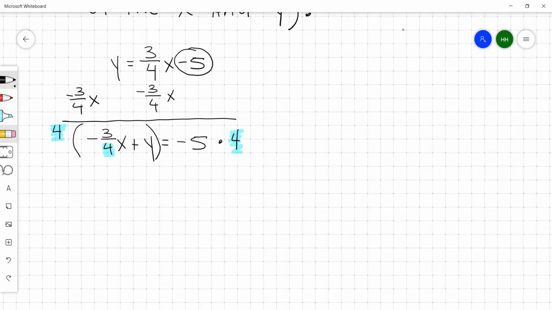So when you multiply negative 3/4 x times 4, it equals negative 3x. Then you multiply the 4 times the y, and you get 4y. And that's equal to negative 5 times 4, which is negative 20. So that's your equation